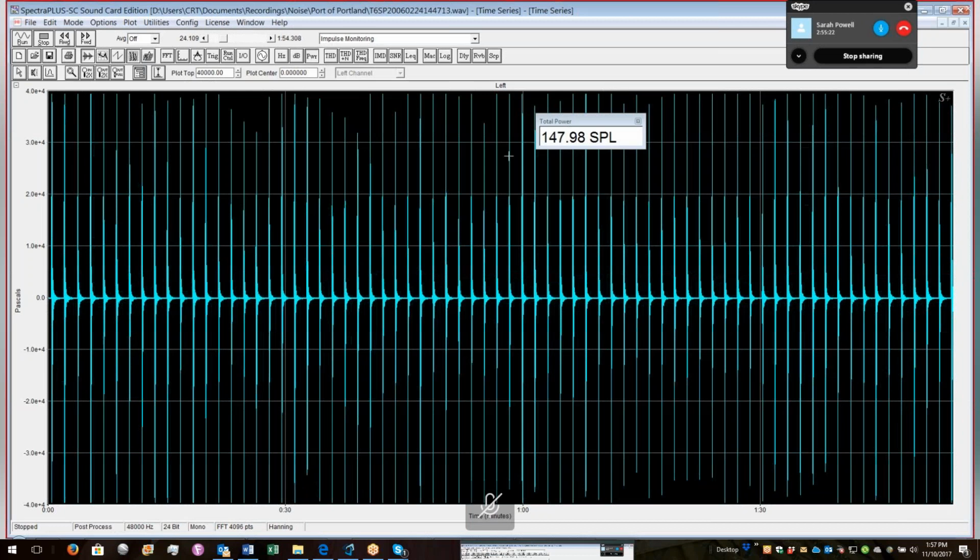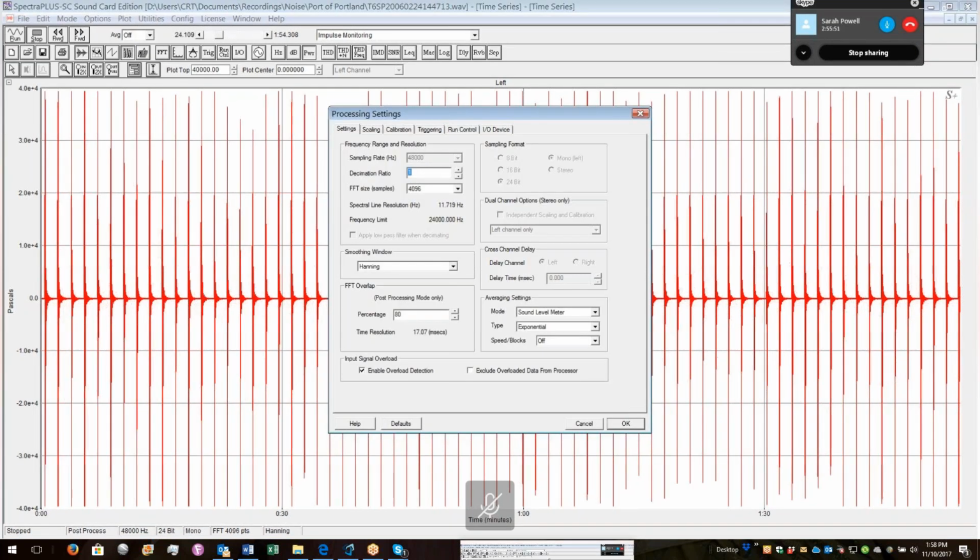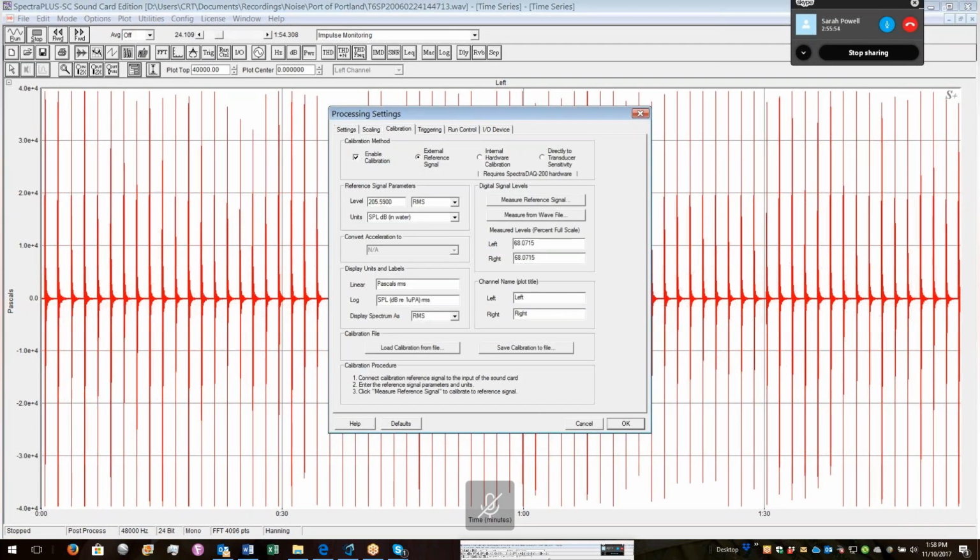Okay, but that's what I really want to show, doing the select all. But now maybe these are all consistent because the file was overloaded. Something was overloaded, right? Well, how do you check that? When you look at the absolute levels, you can't tell, because I don't know what it means here. But if you go back to your options and processing settings and calibration, and you uncheck the enable calibration,